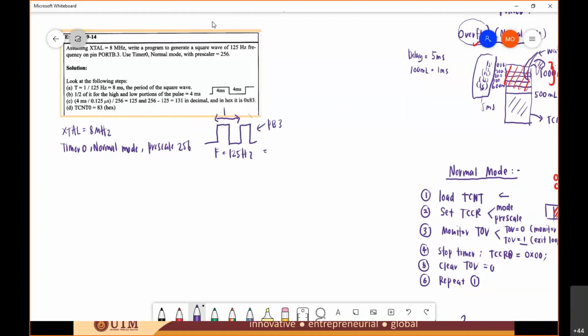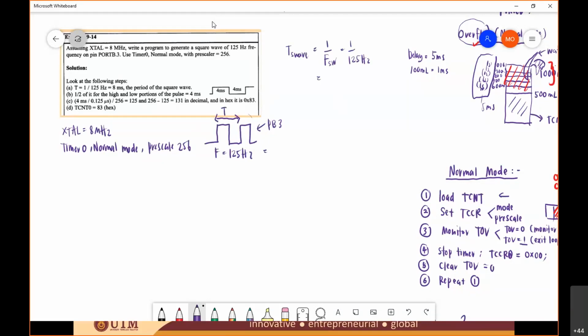T square wave equal to 1 over f, in which this f here is your frequency of the square wave. So 1 divided by 125 hertz, and then you will get,